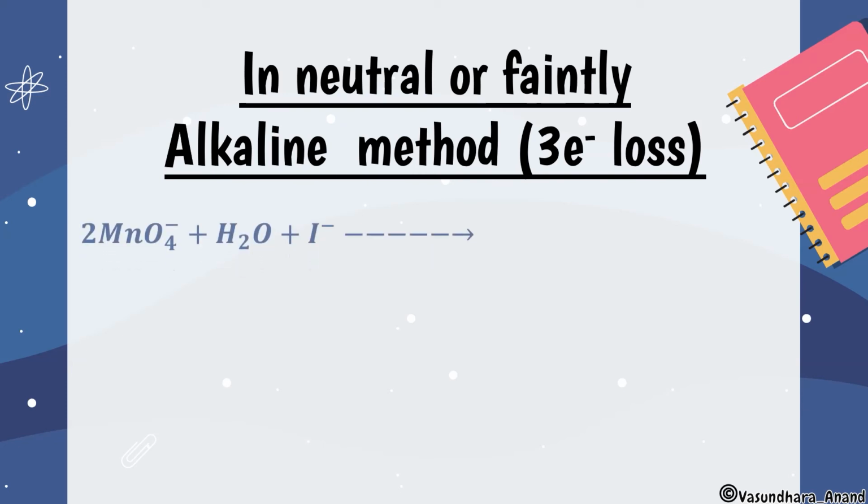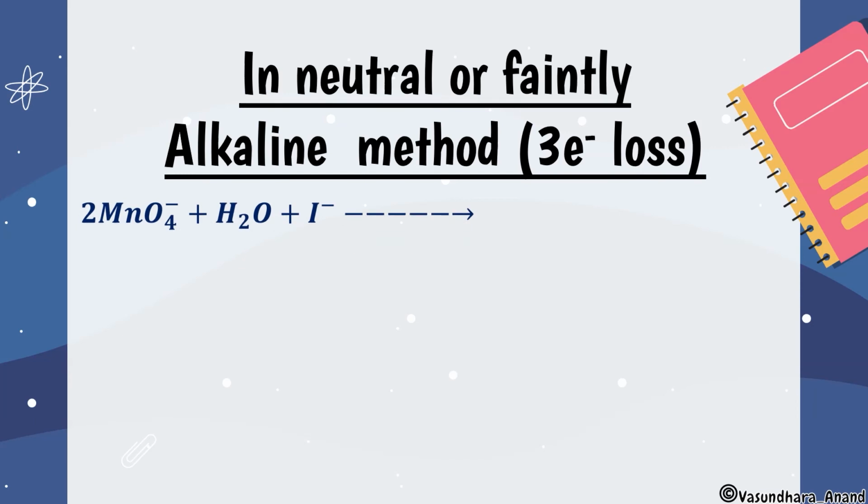Clear? Let's do MnO4 minus plus H2O plus I minus. MnO4 minus will obviously undergo reduction to give you MnO2. Since water is there and here it is alkaline medium, OH minus should be in the reaction, so that's why we will write OH minus. So two products are for sure. Oxidize I minus, and you just write I2. If you are writing I2, that will also be correct. There is no problem at all. But the most appropriate product is IO3 minus. But instead of this, you can write I2.